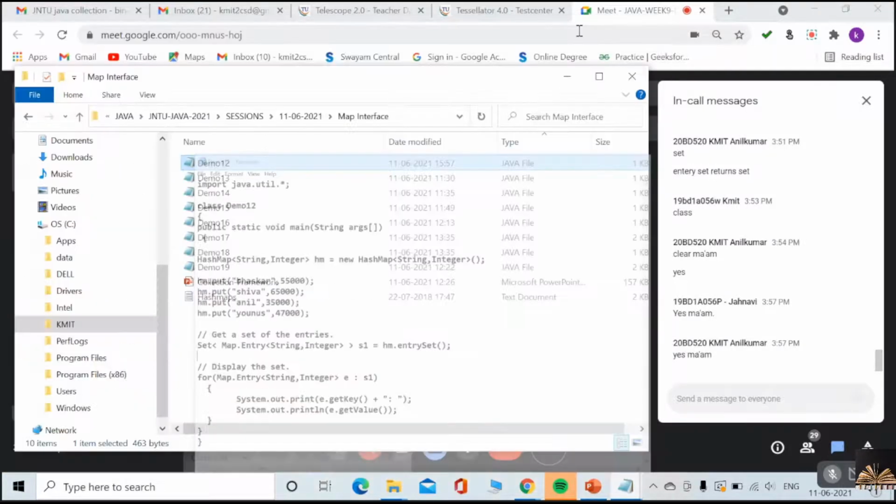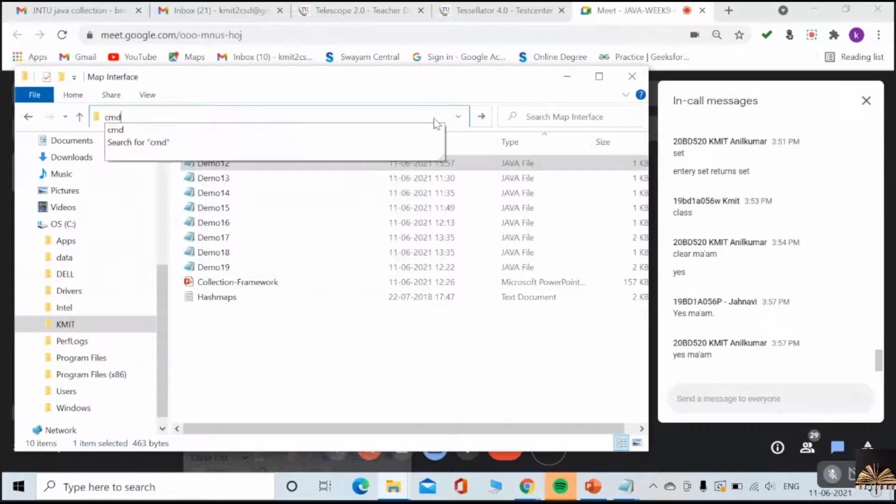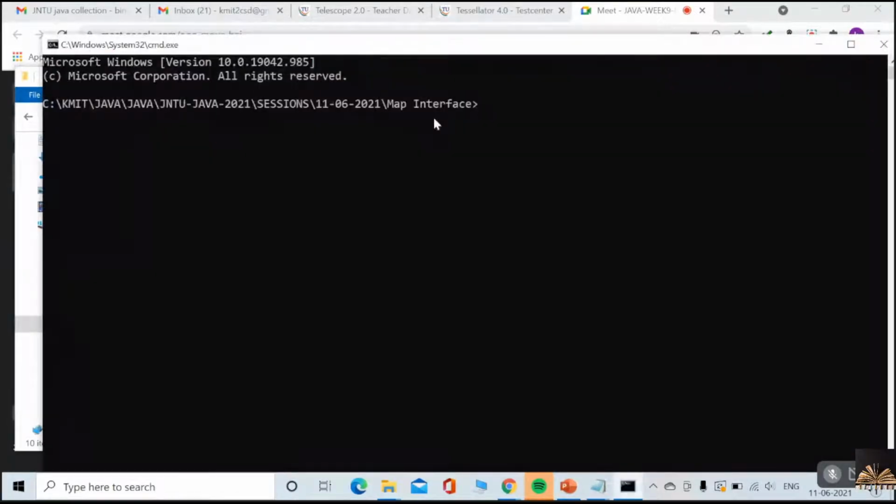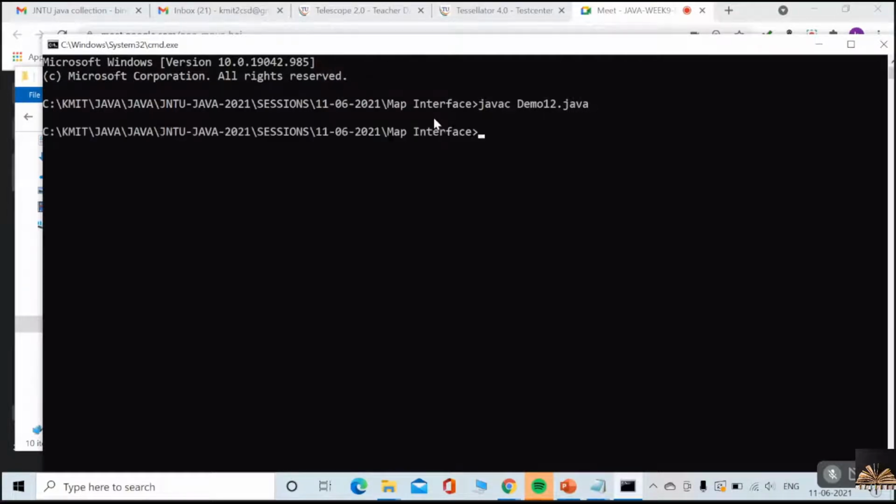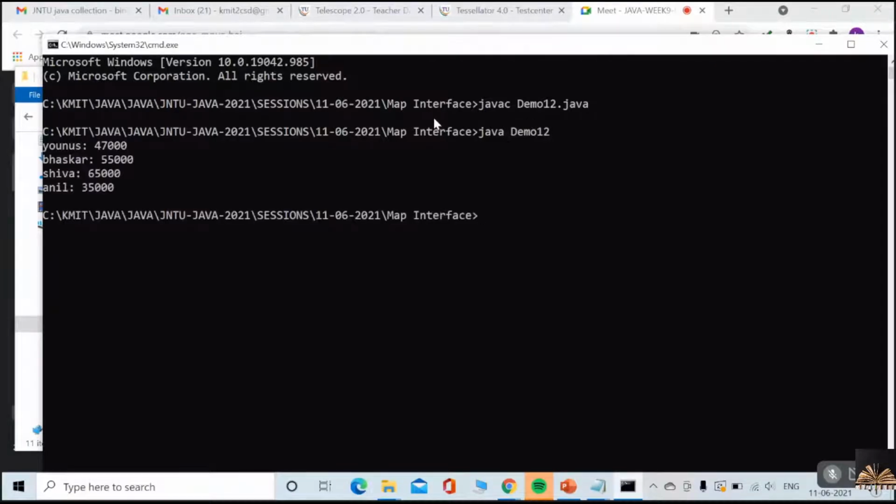Demo 12. Now have a look at this. Now I am able to iterate. Look at this.